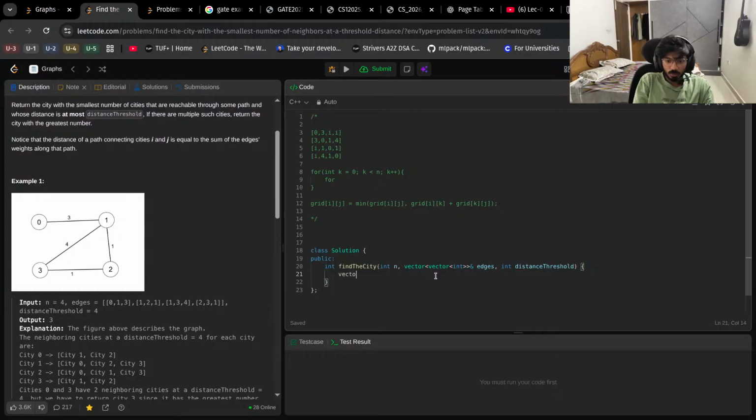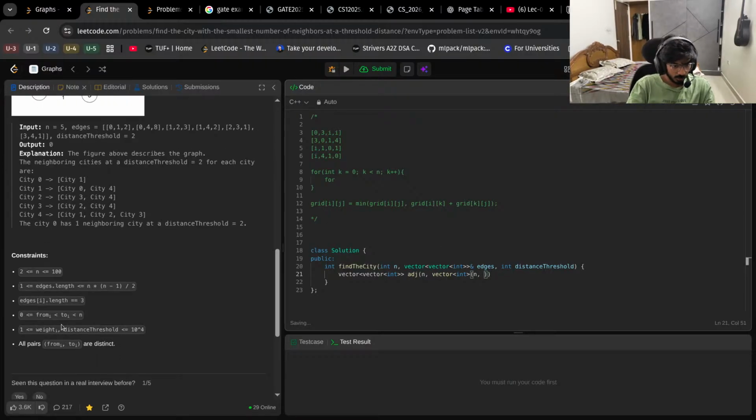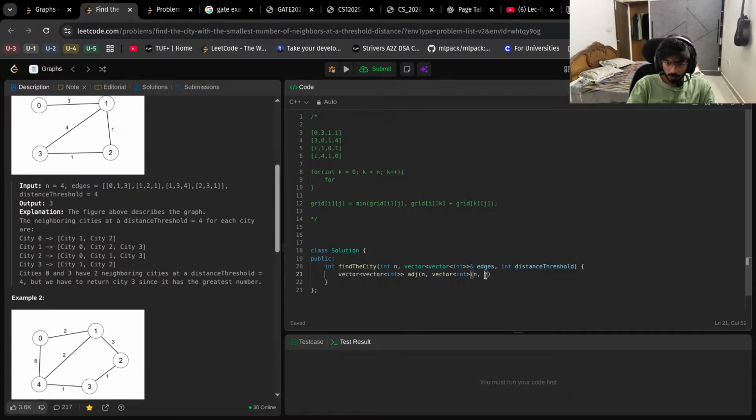I'll convert this into an adjacency matrix of size n into n, with infinite as the max value, which is 10 power 4, let's say 29, and then